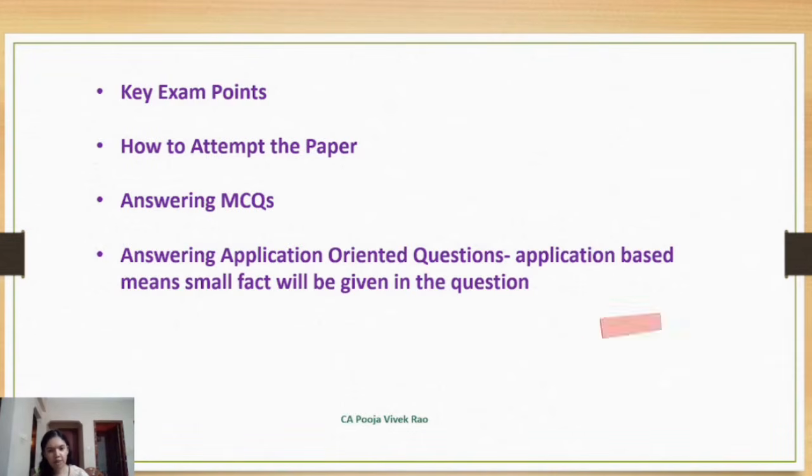So first read that small fact, then try to remember which act it belongs to, and first name the act, write the name of the act. Then write the facts of the case briefly. However, do not repeat the entire question, and then try to remember the legal provision which it relates to and mention the relevant legal provision. After that, you will have to analyze and correlate the provision to the facts and write a para on that. And then you have to give the relevant conclusion. This is very important. Conclusion part is very important in this application oriented question.